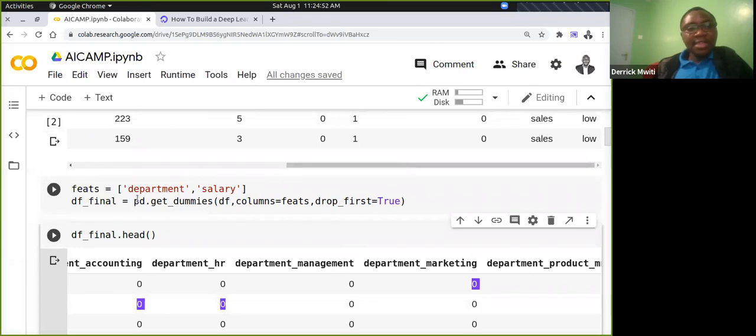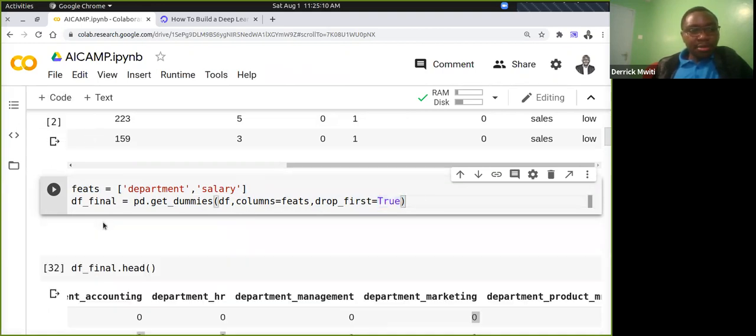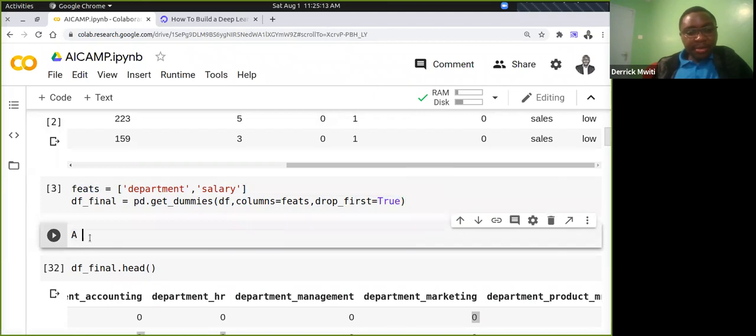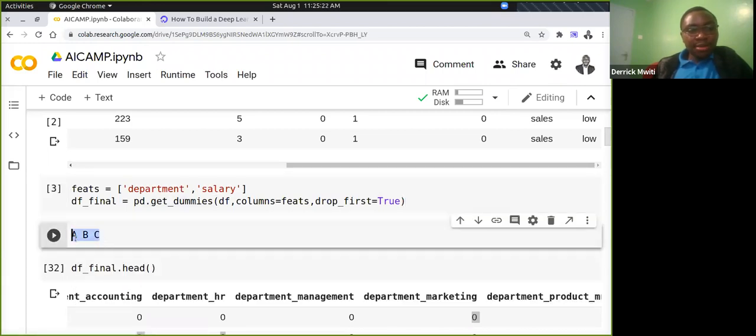The way we achieve that is by using pd.get_dummies. Then we pass in our data frame and the columns we'd like to convert to dummies, in this case these 2 columns. And then drop_first equals True means that, let's take, for example, you have categories A, B, and C. When these are converted to dummies, one of these will be dropped. So A will be dropped because